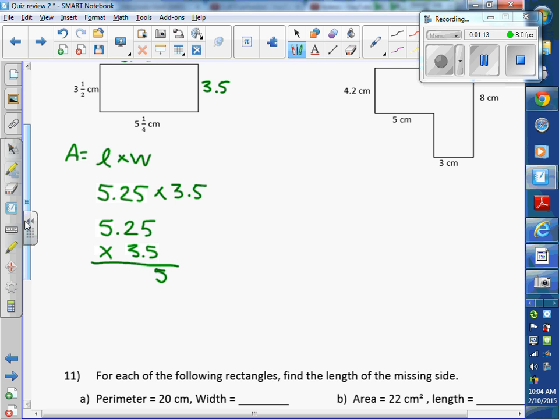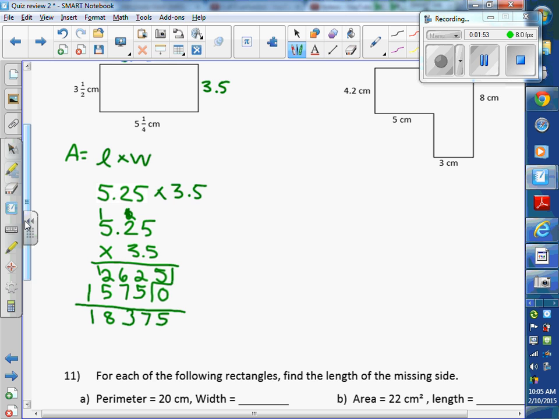5 times 5 is 25. 5 times 2 is 10, plus 2 more is 12. Carry the 1. 5 times 5 is 25, plus 1 more is 26. Now I put a placeholder in, and I do 3 times 5 is 15. So I carry the 1. 3 times 2 is 6, plus 1 is 7, and then 3 times 5 is 15. So 5, 7, 13, carry the 1, 5 plus 2 plus 1 is 8,